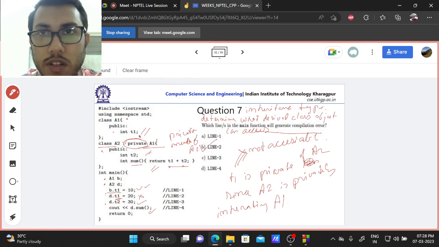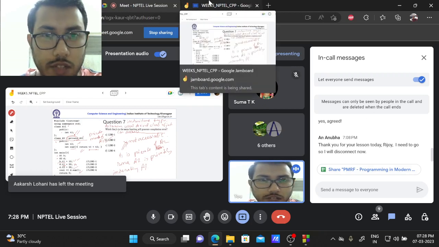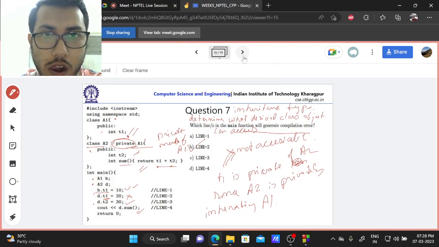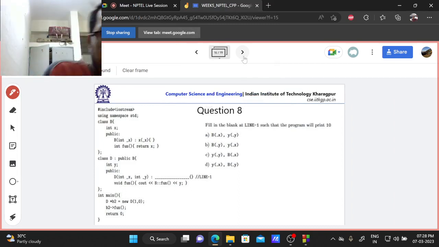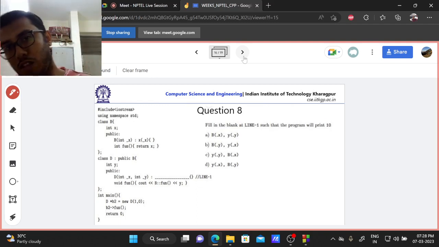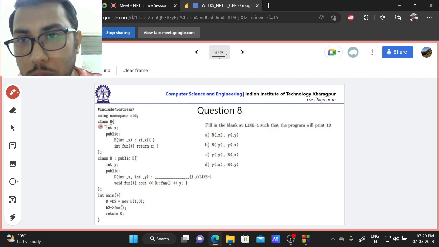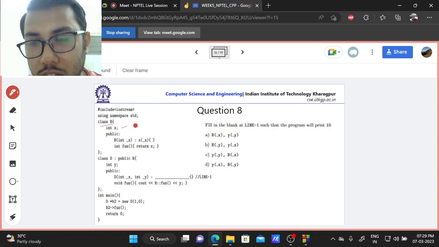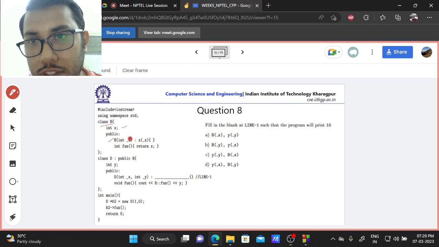Okay, so let's go to the next one. Okay, so here you have the same. So you have a class B, an int x data member, and it has a member constructor which is taking a value x, and it is initializing this x,